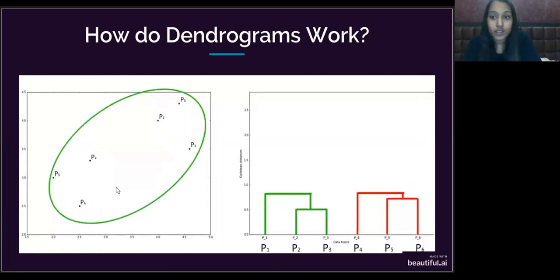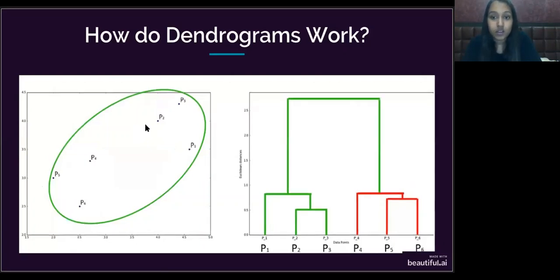So what we do next is we combine all these clusters into one cluster, and now we are left with only one cluster. So again, we are going to draw a line, and we are going to draw vertical lines here again in the dendrogram that represent the dissimilarity between the clusters. So this is how the dendrogram diagram is formed.